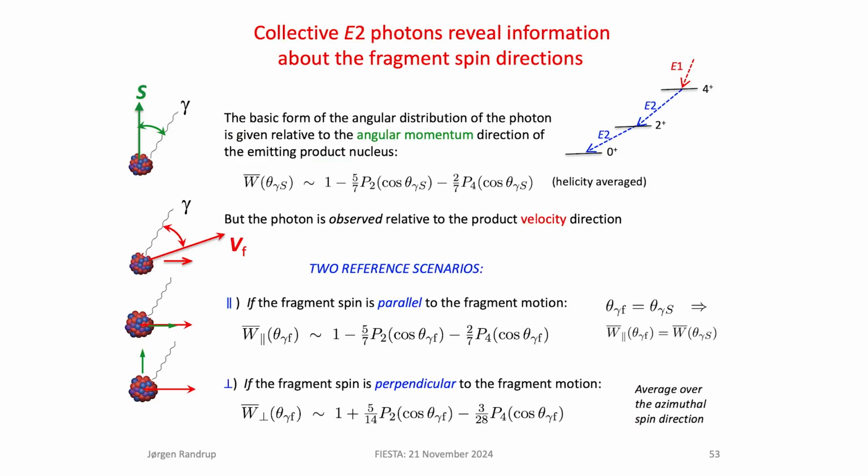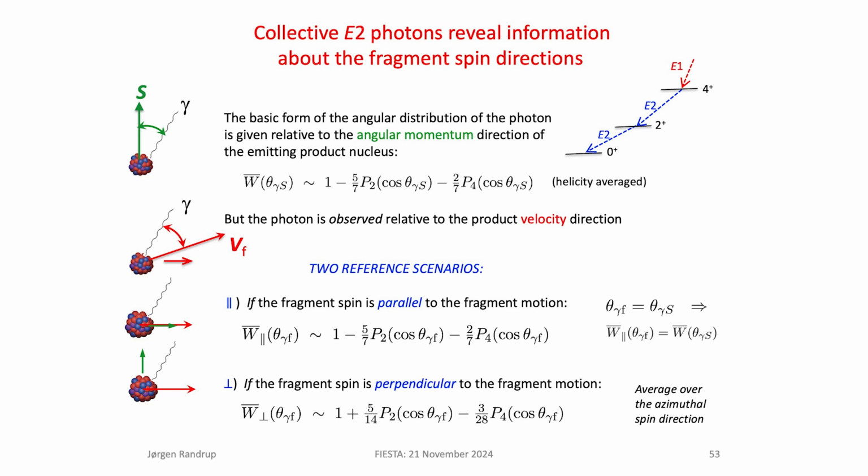So let me show that. This is a little bit of a historical experiment by Wilhelmi a long time ago. He's presently here. He did this as a postdoc in Berkeley. So it's the same technique. You identify the nuclei by the E2 transitions, and the basic angular distribution of the E2 is like this. And if you now